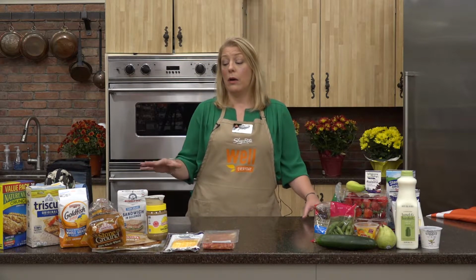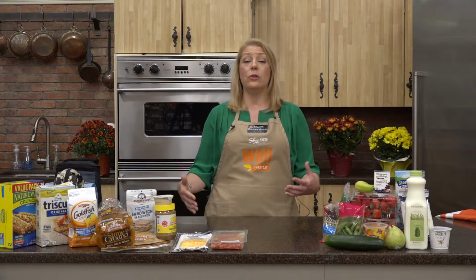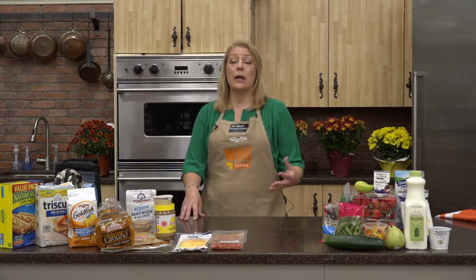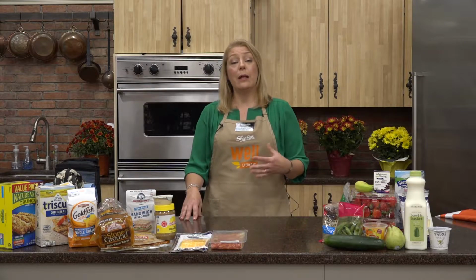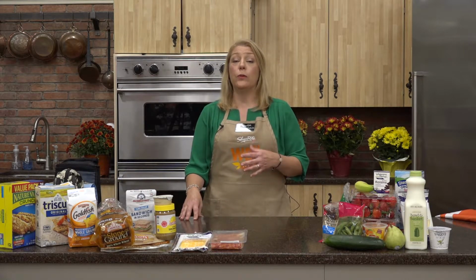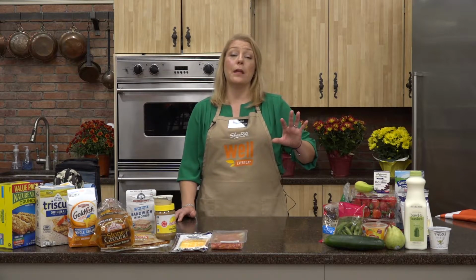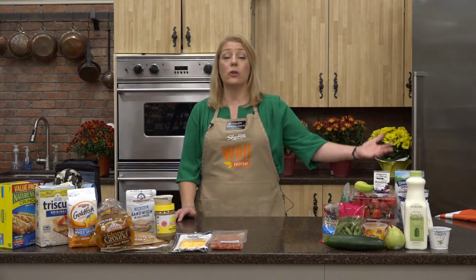So the foundation of our healthy lunchbox is our grains. And we always try to emphasize whole grains. As dietitians, we want to recommend to people that they eat grains that are going to fuel them for a long time. Sometimes if you eat something like, say, white bread or a potato chip or a bowl of cereal, if it's not made with a whole grain, you eat it and you feel full just for a little while, and then like an hour later, you're hungry again. So the way we can make that hunger not come back so quickly, how you can get your energy a little bit longer lasting,